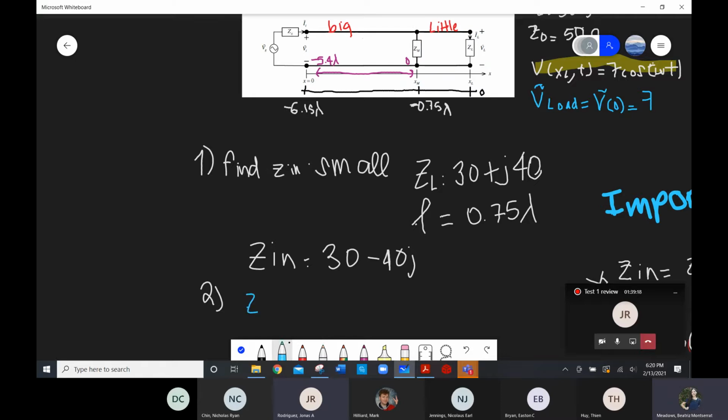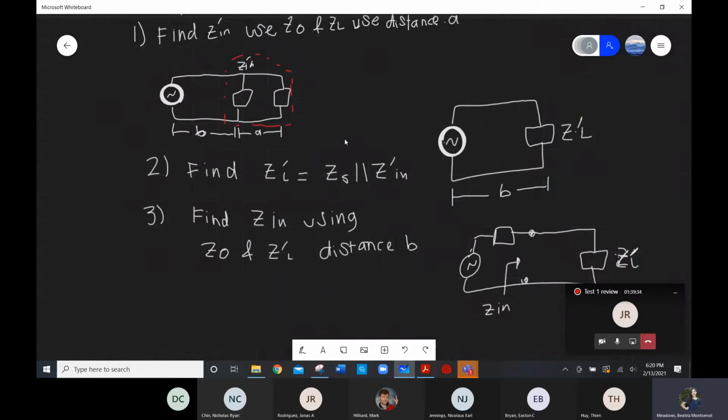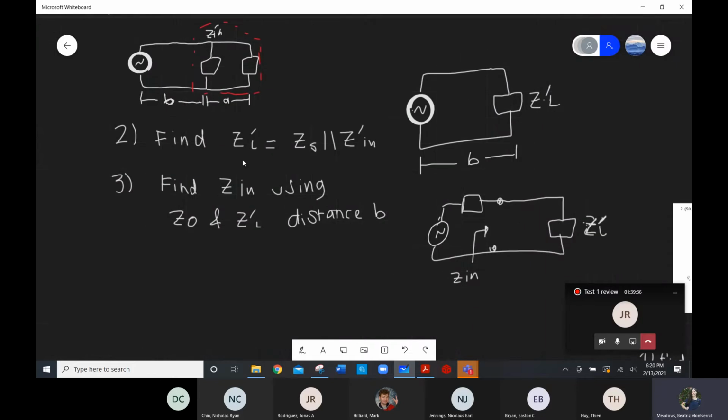So Z prime L will be ZL in parallel with Zm. Is that what you said? Yes. Okay, good. So that's actually our step number 2. Find Z prime L, which is our new Z prime load, which is our shunt element in parallel with Zin,